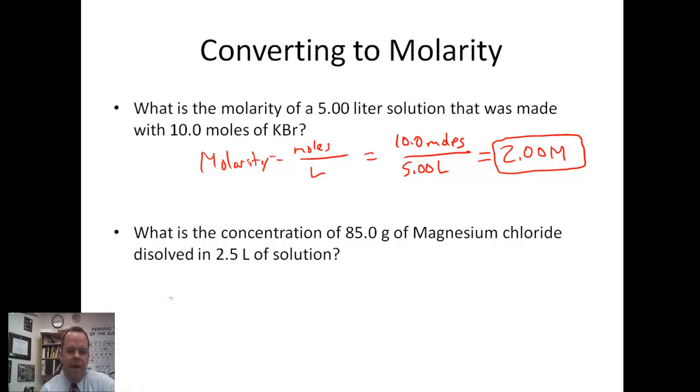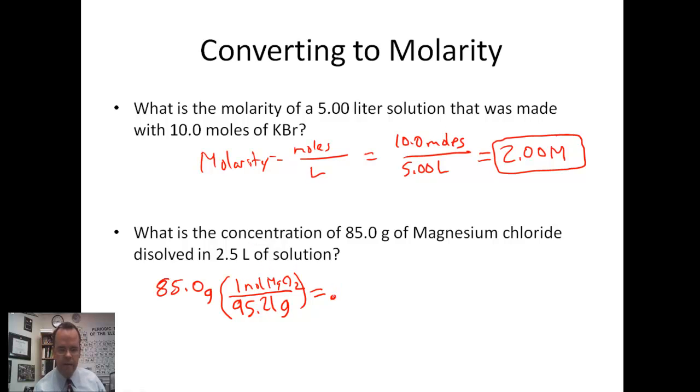Now in the next case, we have 85 grams of magnesium chloride. We have to do moles per liter, not grams per liter. So the first thing we have to do is a conversion here from grams to moles. Now magnesium chloride, MgCl2, so 24.31 grams for magnesium, 35.45 times 2 for chlorine, meaning that we have a molar mass of 95.21 grams. So 85 divided by 95.21 gives us 0.893